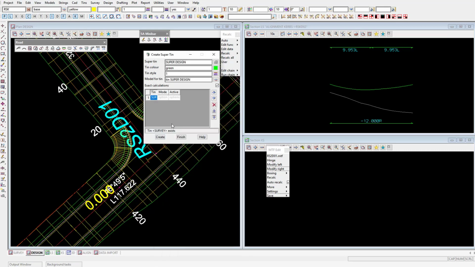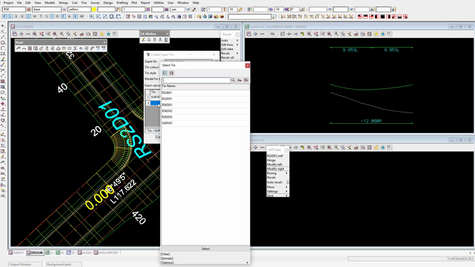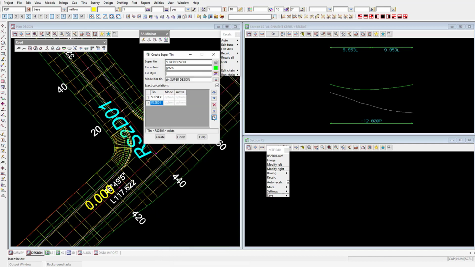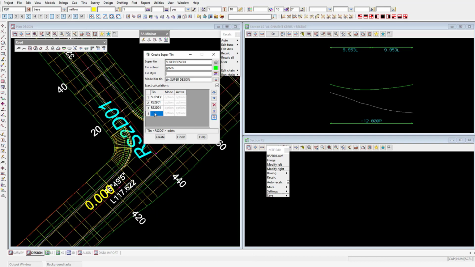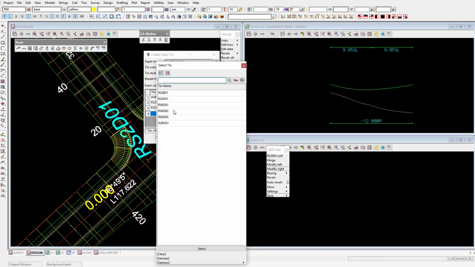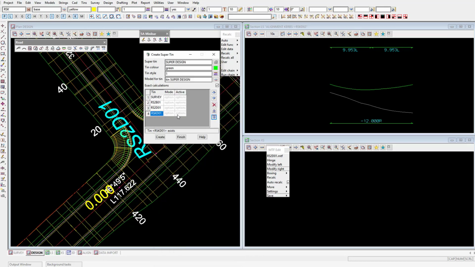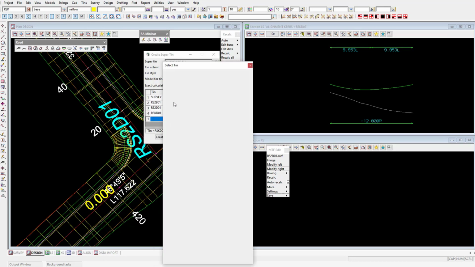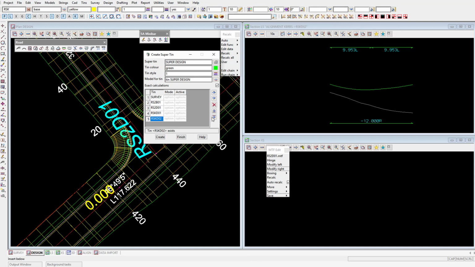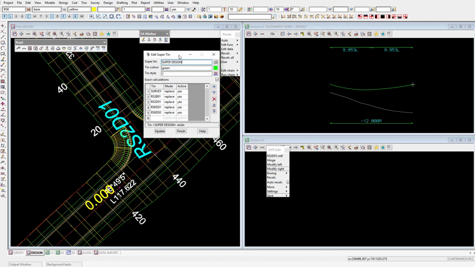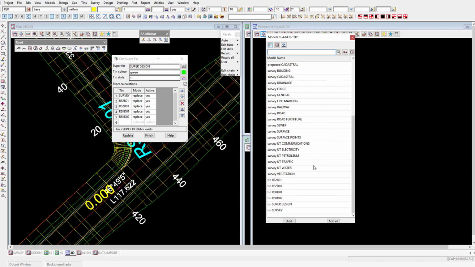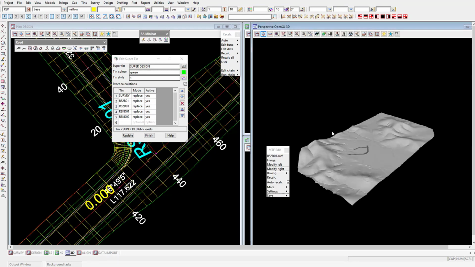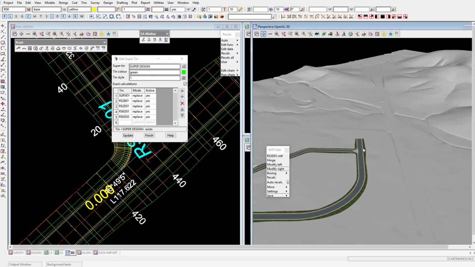So survey down first. So these take in precedent order. Then I'll put down RS2B01, one of the roads. The second road, RS2D01. Then I'll come back and put the two curb returns in. And I'll just hit create. Okay, so now if I went to a 3D view, and turned on the model tin super design, what you'd see